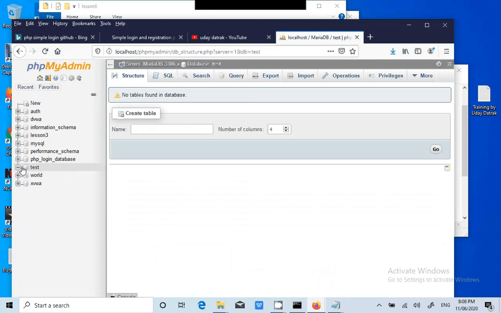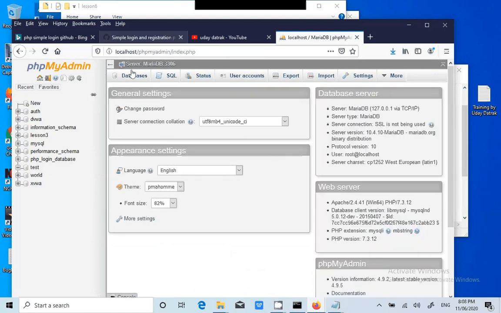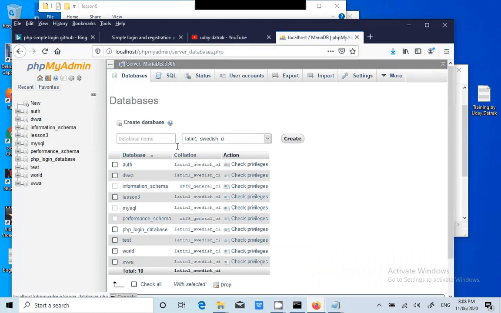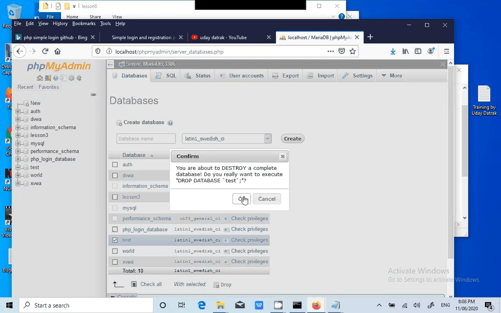It has got nothing. Then I'll go to the main directory and go to databases, and I'll delete that first initial one so that you don't get confused. Check that, click drop button, the test database is gone.